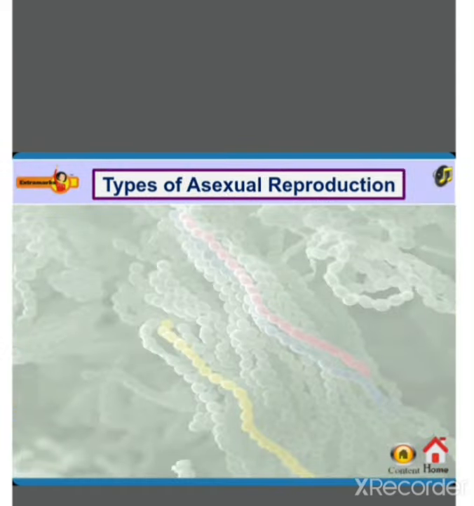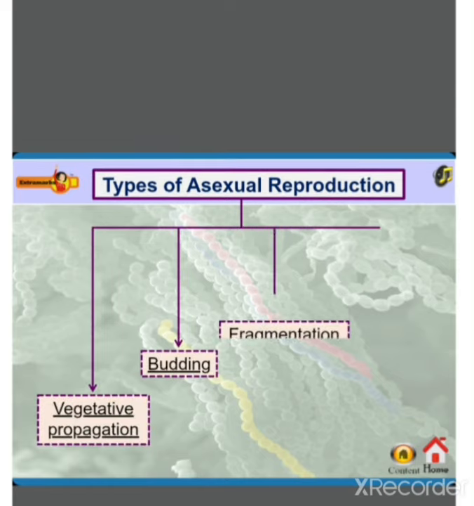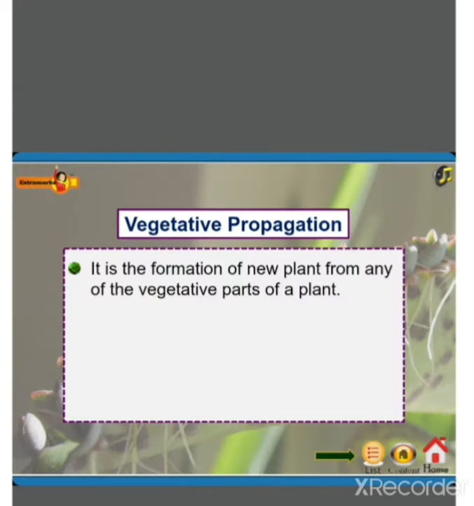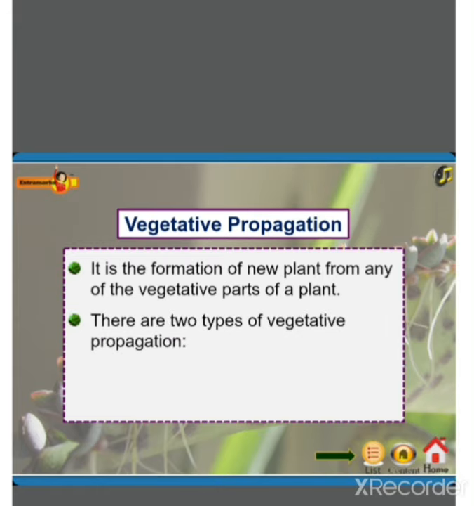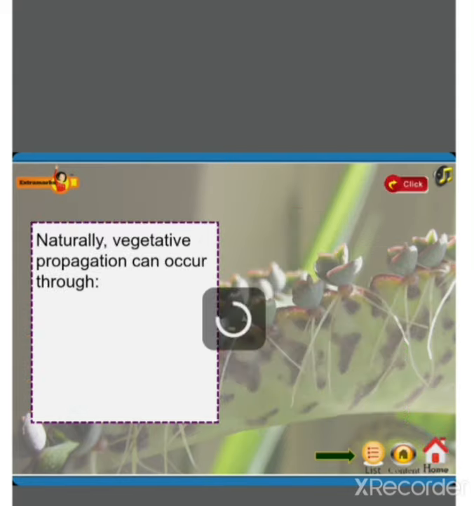There are 4 types of asexual reproduction: vegetative propagation, budding, fragmentation, and spore formation. Vegetative propagation. It is the formation of a new plant from any of the vegetative parts of a plant. There are 2 types of vegetative propagation: natural vegetative propagation and artificial vegetative propagation. Naturally, vegetative propagation can occur through